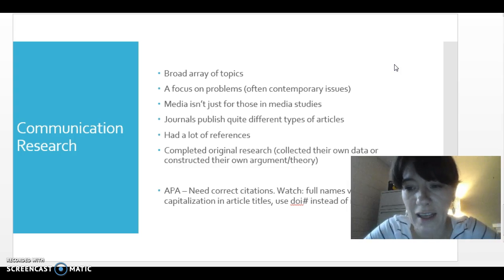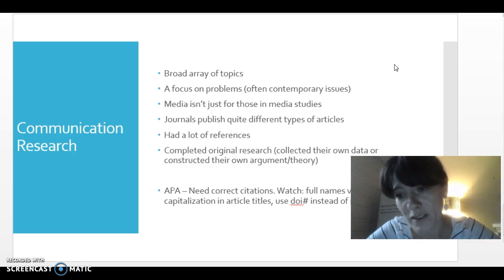Several people mentioned that one thing that they noticed in browsing these journals was that there's really a broad array of topics that get covered in communication. This is very true. It's one of the things that actually has always appealed to me in the study of communication, but it also is one of those things I try to highlight for students, because it means that almost anything you are interested in can be turned into a communication topic with a little creativity. So I think that's an important thing to keep in mind when you consider what kinds of research topics you might want to explore in this course, as well as in courses in the future.